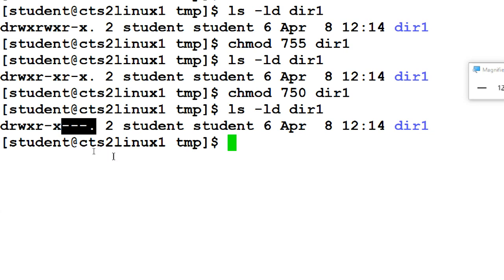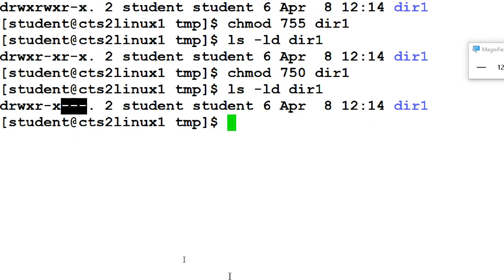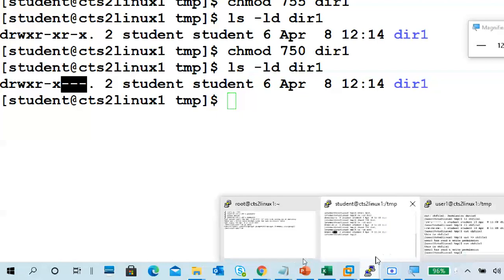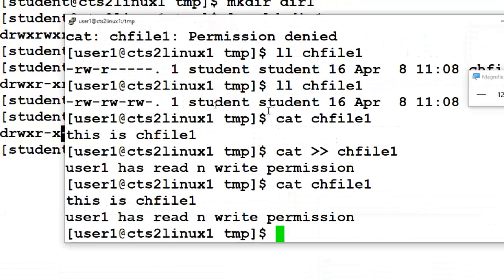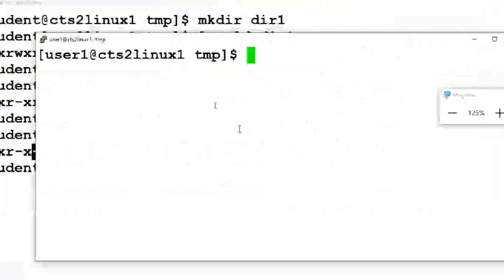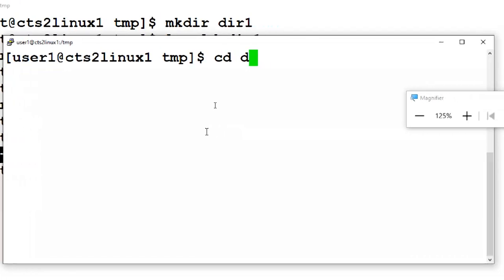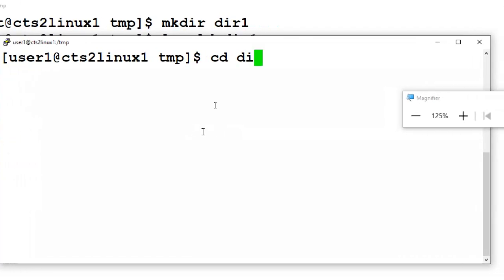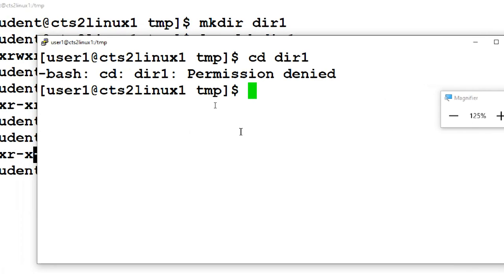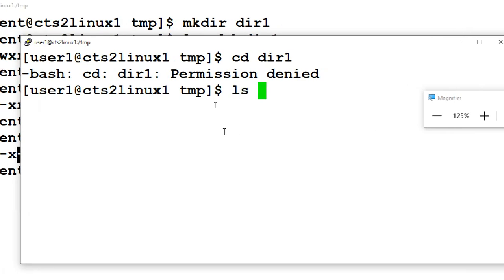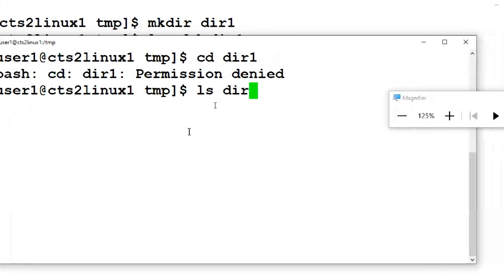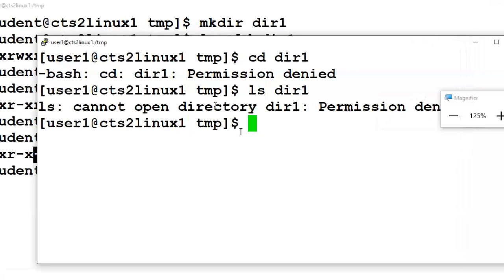Now others don't have a read or a write permission, right? So I'll go to user one and verify these permissions. In user one, I'm verifying that directory. cd dir1. Try to go: no permission. ls dir1: no permission to go inside.